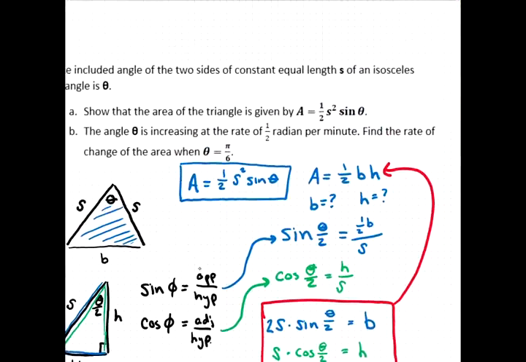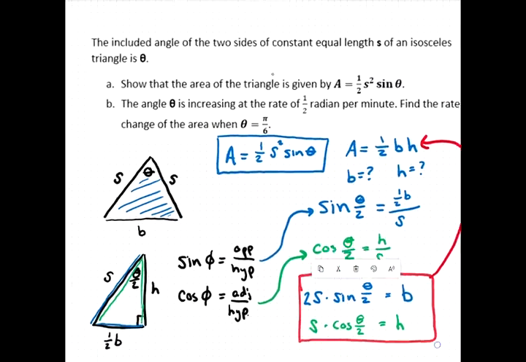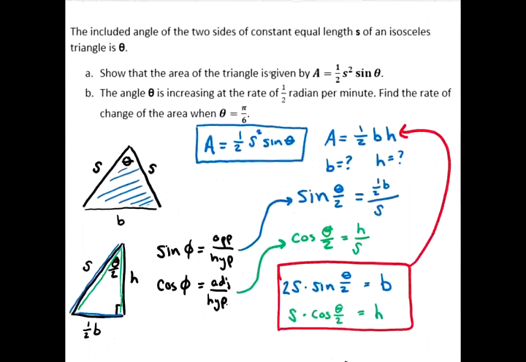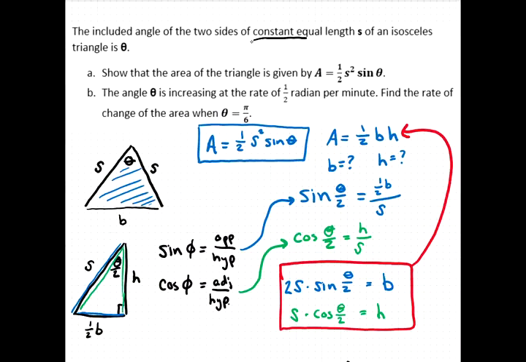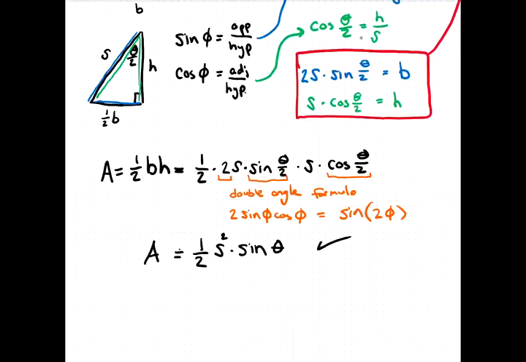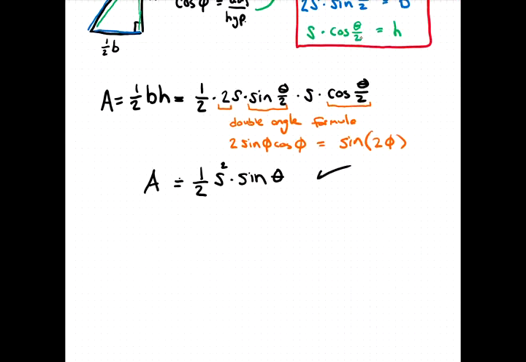It says two sides of constant equal length s. So s is a constant. So we only have 2 variables here, A and theta. A is area, theta is angle. So now,